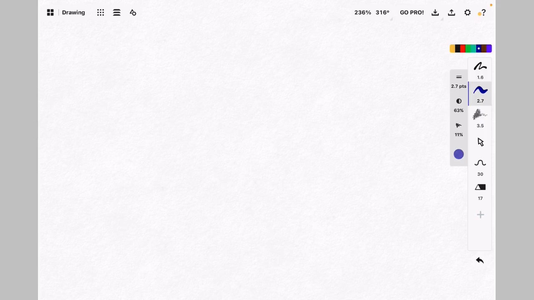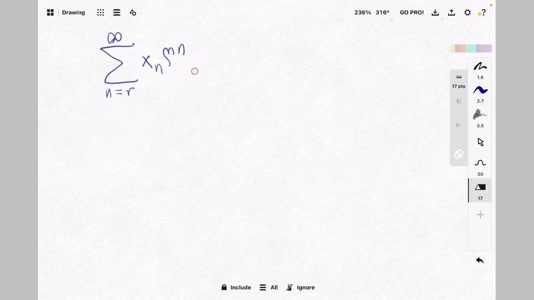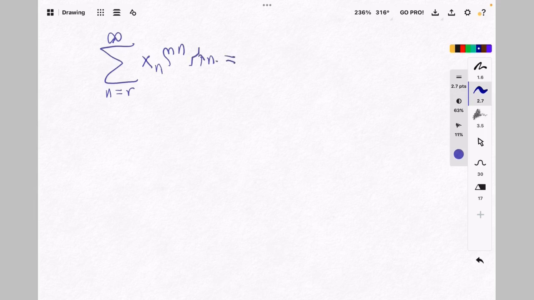So the idea here is the sum, as n goes from r to infinity, of x sub n Votel n equals, okay, well, I need to do the Sue. Sue n equals